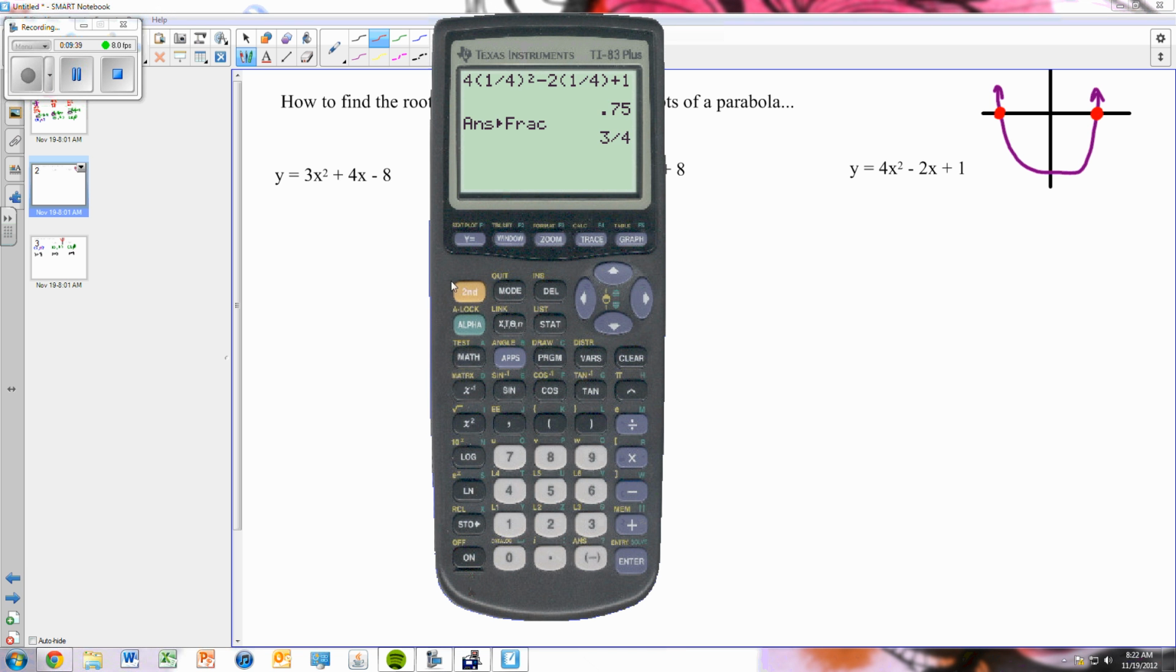So you're going to go to y equals, and if you don't have a graphing calculator, then I can give you a website for one. I'll give you that in a second. So if we go to y equals, type in 3x squared plus 4x minus 8, and go look at our graph,